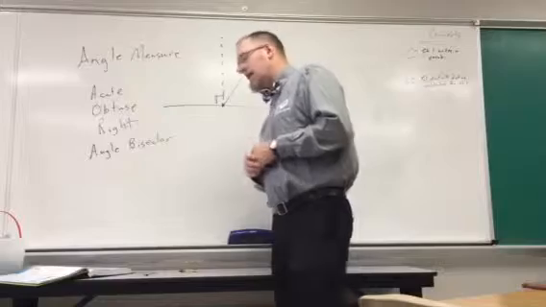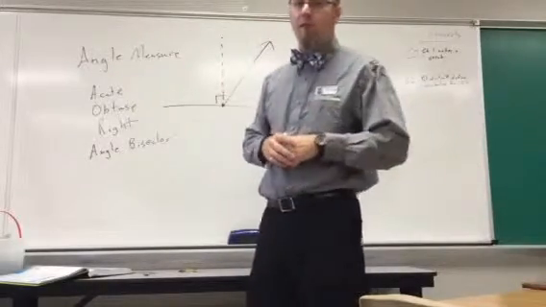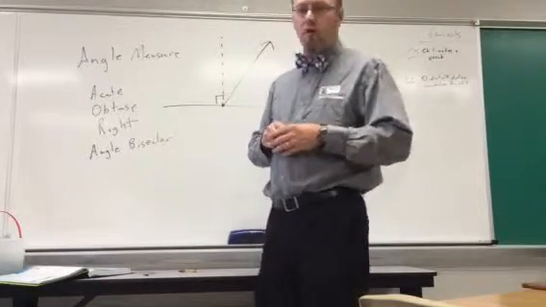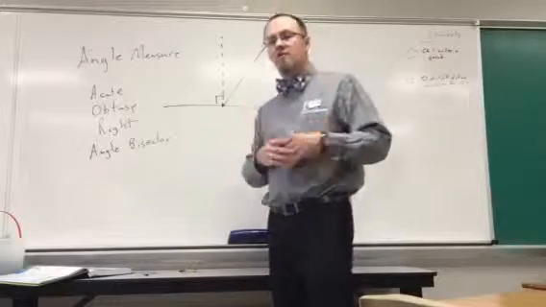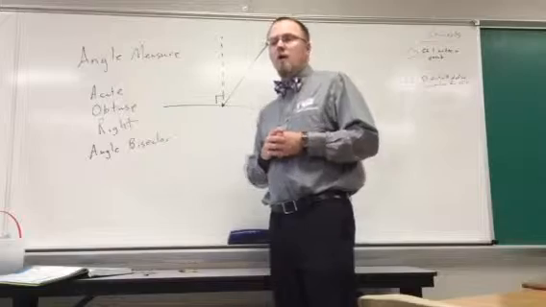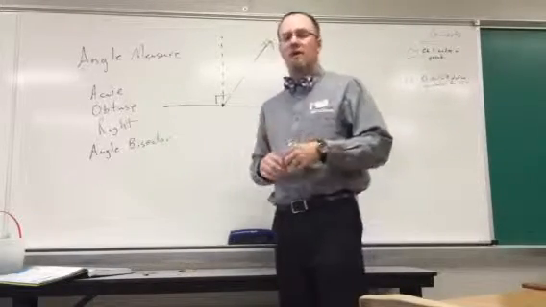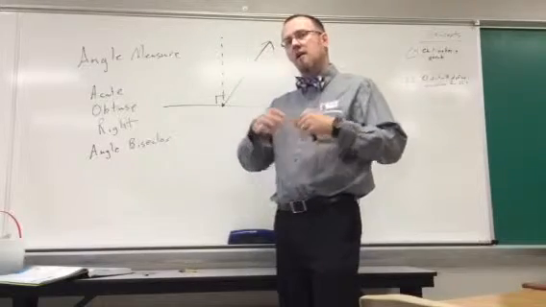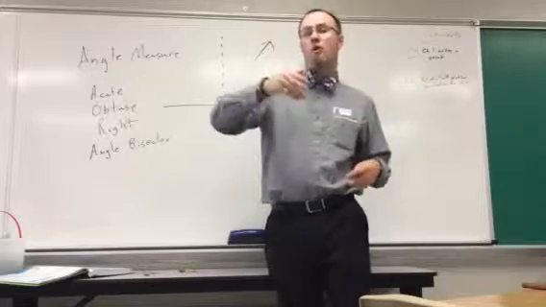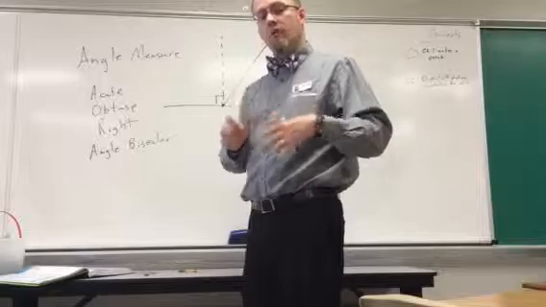Anytime you're dealing with an angle bisector, it's cutting that angle exactly in half, the same way when we were dealing with a line bisector or a segment bisector. Those made the lines equal. The angle bisectors are going to make the angles equal. Now, as we progress into proofs, we'll be going back and forth with that definition. So understand that if both of the angles are equal, that line is an angle bisector. And if we're told that the line is an angle bisector, we have congruent angles on both sides of that,